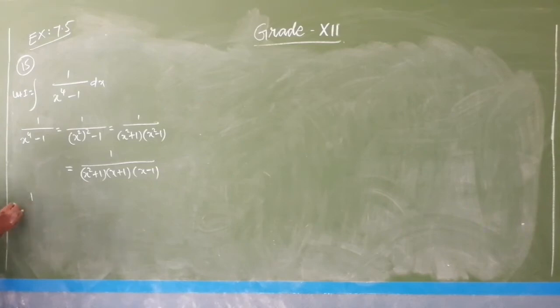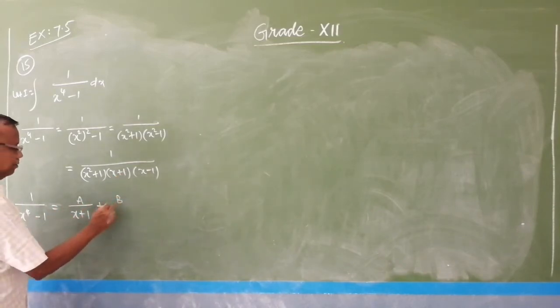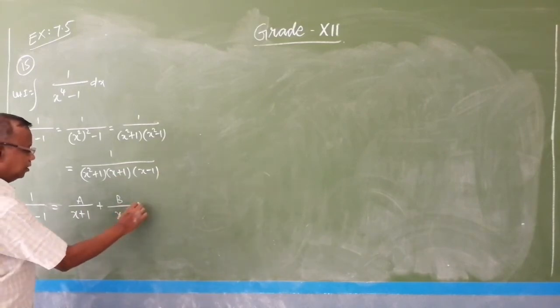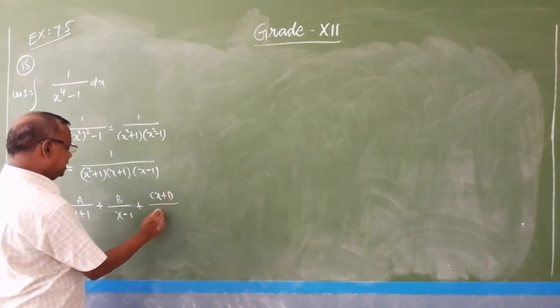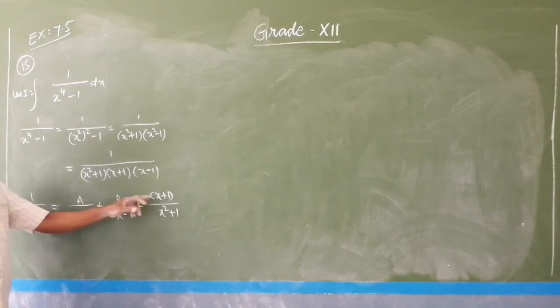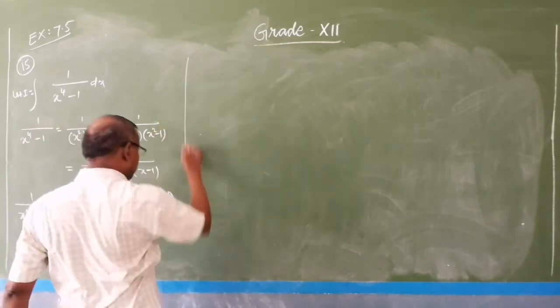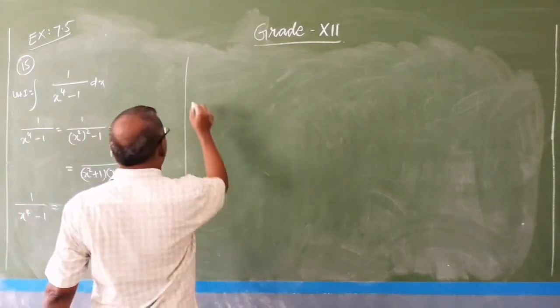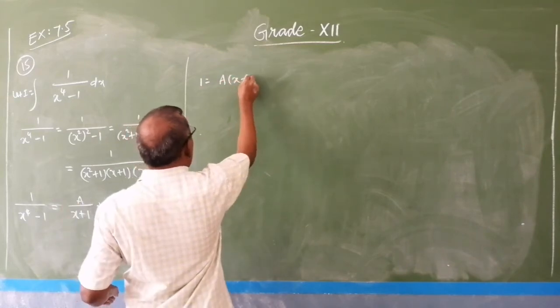So this can be written as 1 by (x square plus 1) into (x plus 1) into (x minus 1). So 1 by (x power 4 minus 1) can be split like a by (x plus 1) plus b by (x minus 1) plus, here we have the quadratic term, that is (cx plus d) divided by (x square plus 1). We need to find the values of a, b, c, d. As usual, we can equate the numerator. So the numerator in the LHS equal to 1, in the RHS is a into